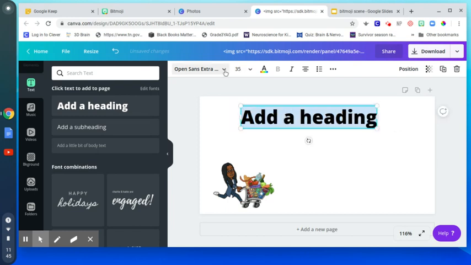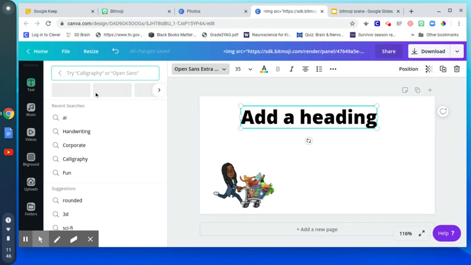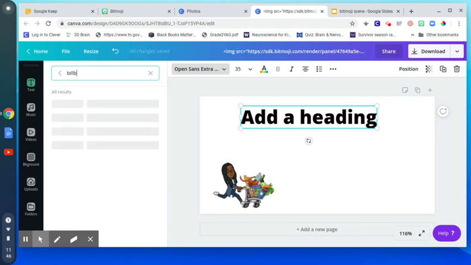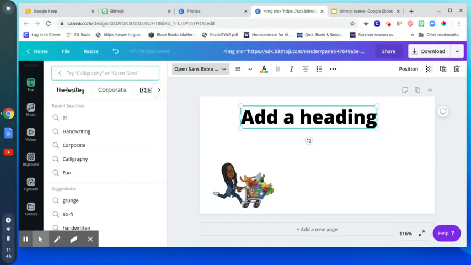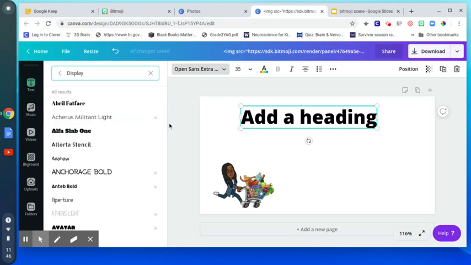And the cool thing about Canva is they have thousands of fonts. I know a lot of people like to use PowerPoint for different things because they maybe have saved fonts that they've used for previous purposes. But also when you're searching for fonts, you can look up categories of fonts. So here it is. At the top, they have handwriting type fonts, corporate, display. So I'm going to pick display just to have something kind of bold for the top of my Bitmoji note taking. So I kind of like this one right here, Anchorage Bold, for my